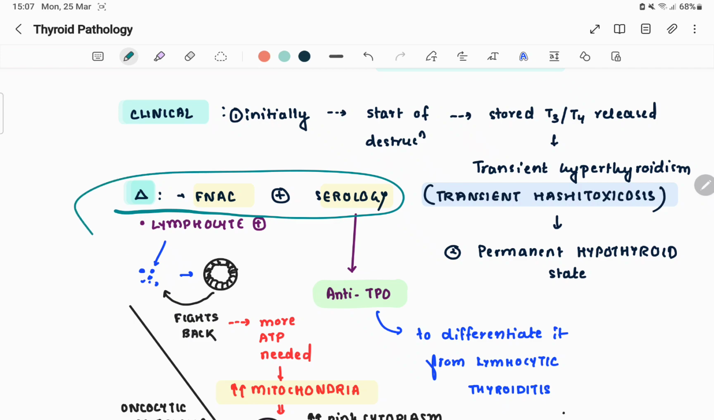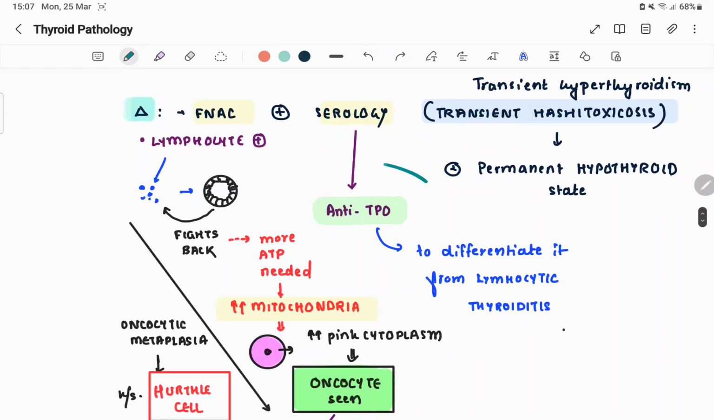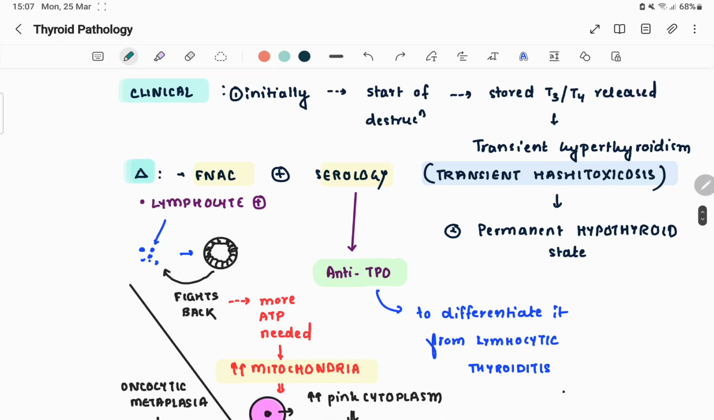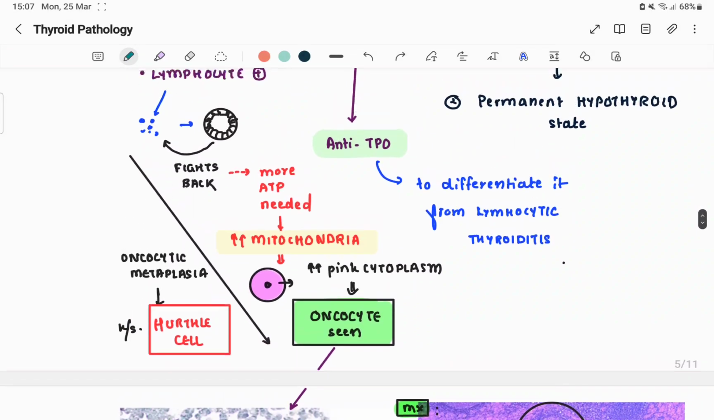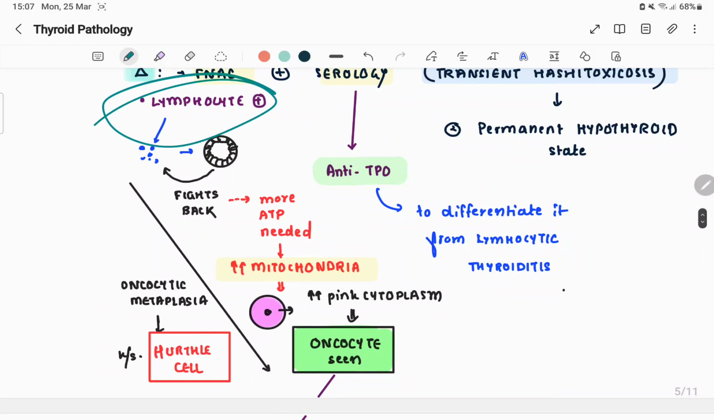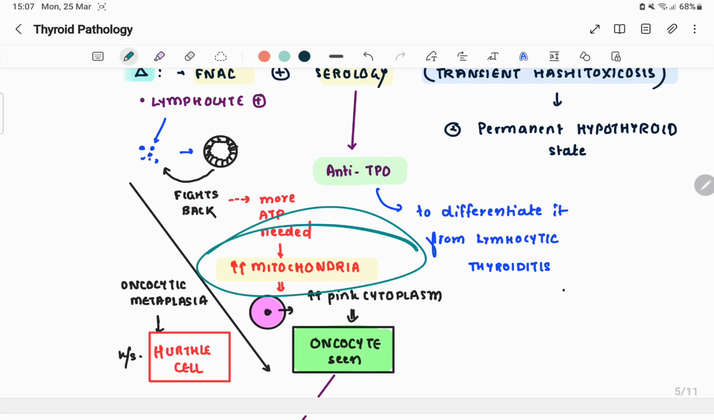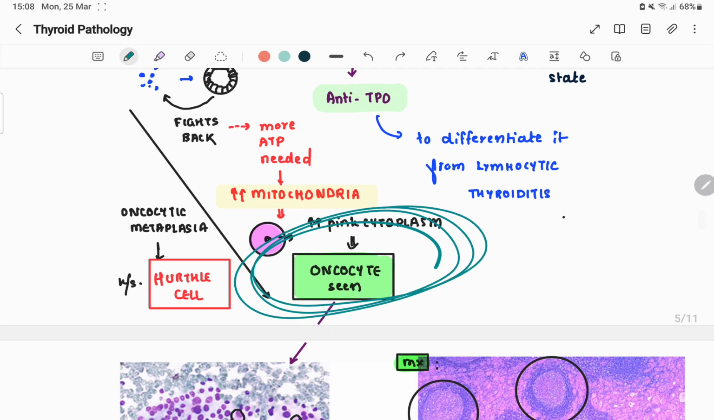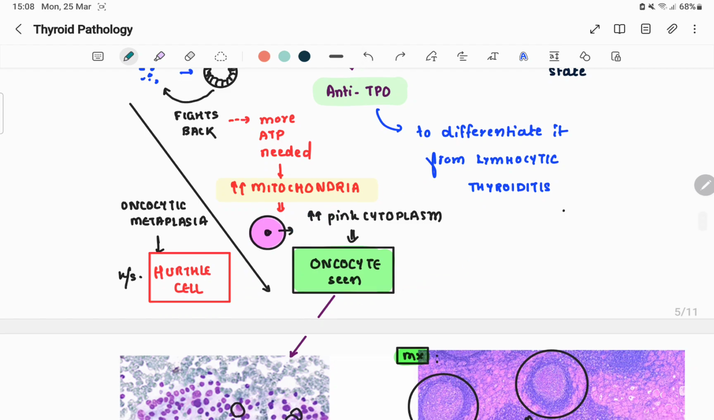Diagnosis will be FNAC plus serology. In serology, we'll do anti-TPO. We saw this earlier in biochemistry to differentiate it from lymphocytic thyroiditis or other autoimmune disorders. This lymphocyte will be present in your FNAC. The thyroid follicle will fight back against the lymphoid follicle, so more ATP will be needed. If more ATP is needed, there is an increase in mitochondria, and increased mitochondria means there will be oncocytes present. So we will see the oncocytes in the